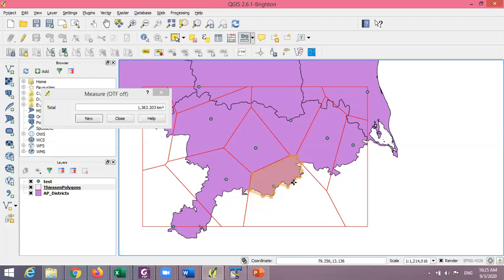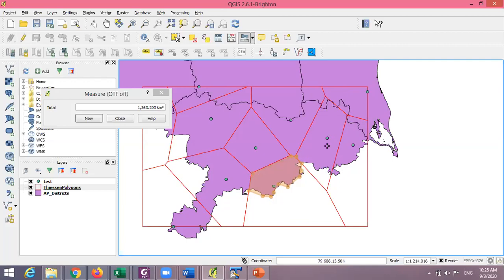Now, what I want you to do is, I don't want you to import all 130 in and try to compute with 130 polygons and so on. I want you to take like 10 or 15 locations out of those 130 that cover the entire district of Chittoor. For example, you should pick one location which is in the southwest corner, one location which is in the northeast corner, and so on. You may even have to take one location which is outside Chittoor district, so that your polygons cover the entire district. You may have to take a value from the neighboring district.